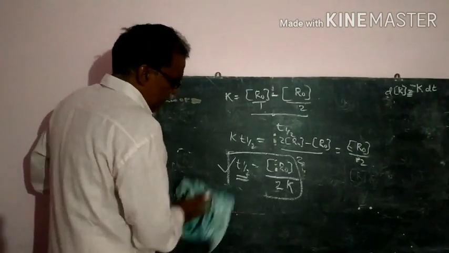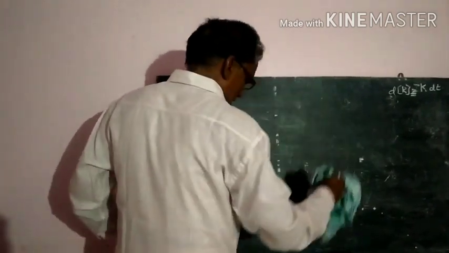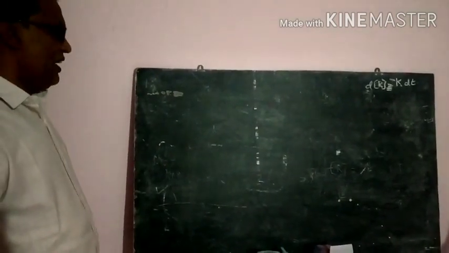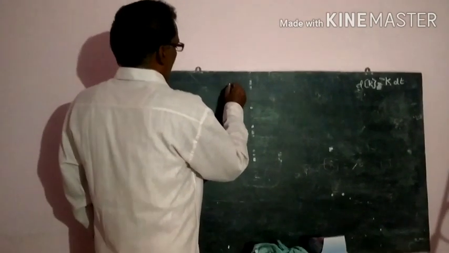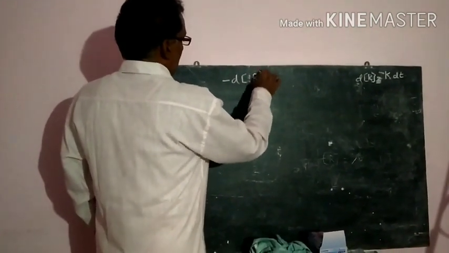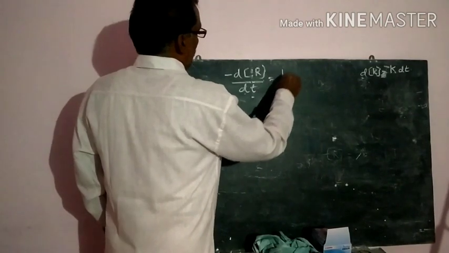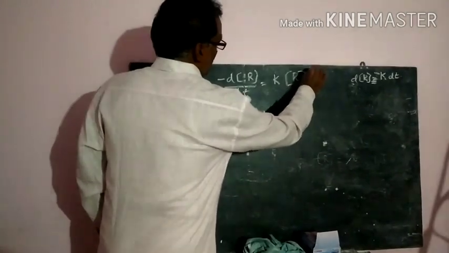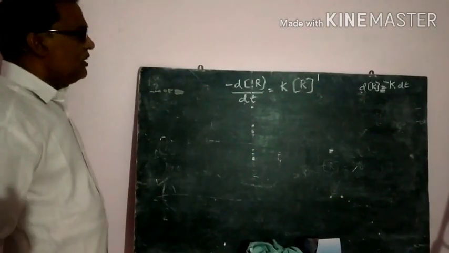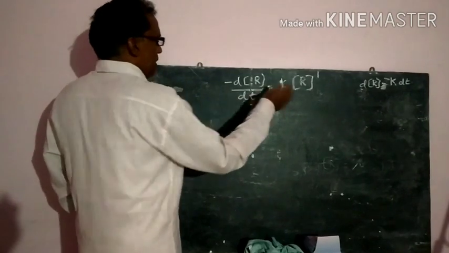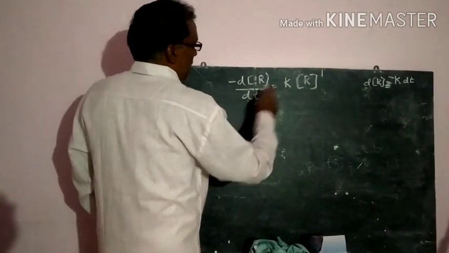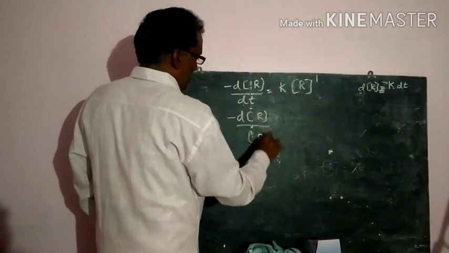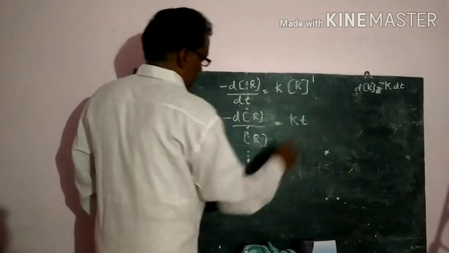Now we will go for the first order reaction. In this class we will do only these two orders of reactions. Now, already we know that rate is equal to dr by dt is equal to k into reactants. If it is a first order reaction it should be KR1, if zero order it is KR0. This is called the rate law. So now bring this R to this side, dt to this side. That means minus dr by R is equal to k into t.